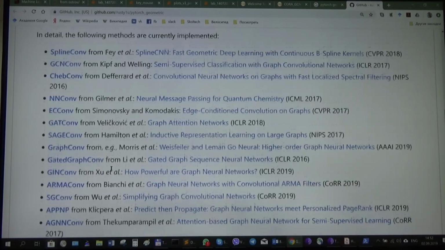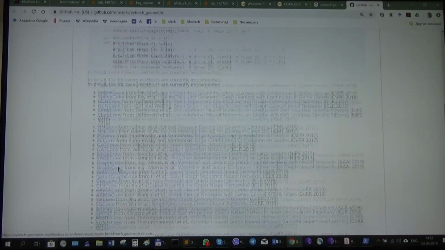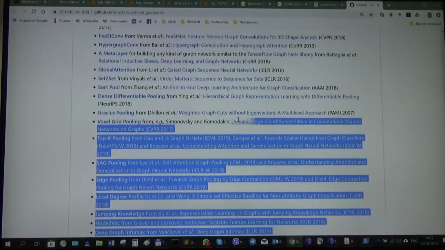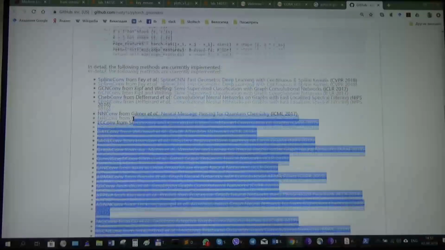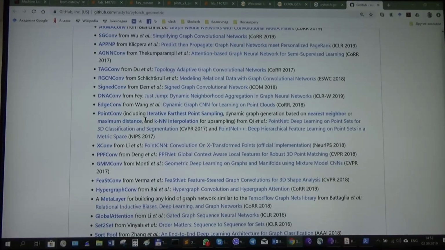For example, this PhD student, I think a first-year PhD student, re-implemented all of these papers. These different kinds of graph neural network papers came out in the last, I think, 3 or 4 years. And because this abstraction is so much better, it's so easy to implement all of these papers because you don't need to do a lot of boilerplate. Speaking of boilerplate,